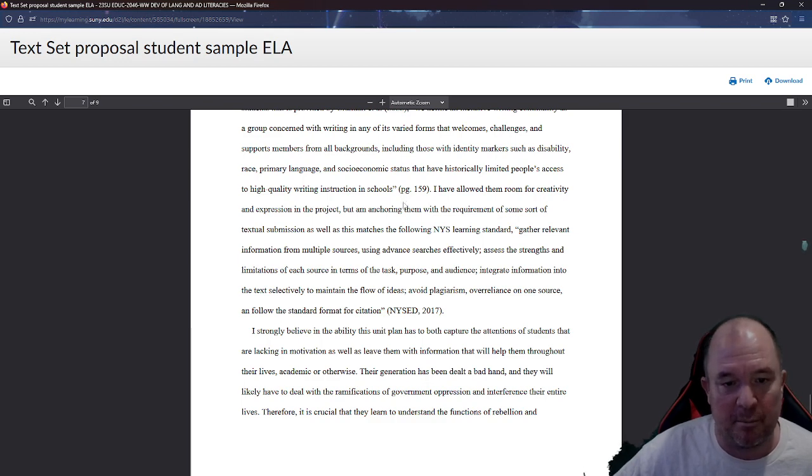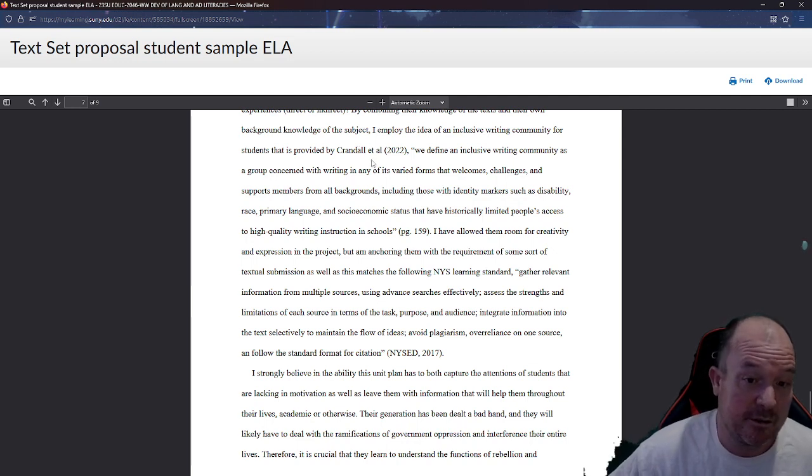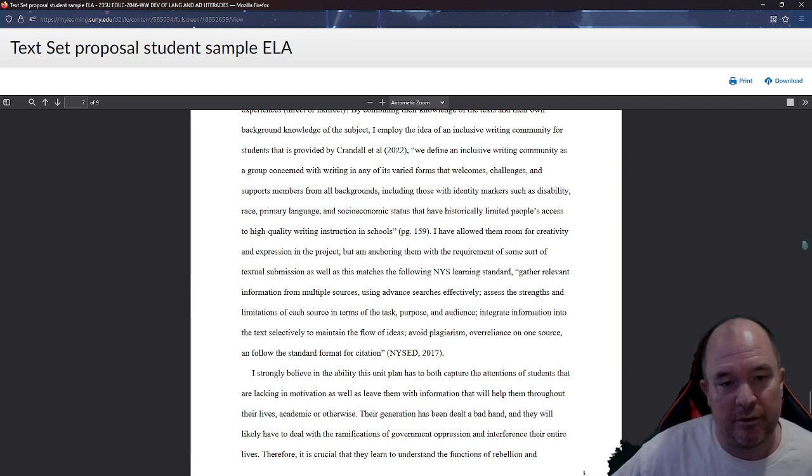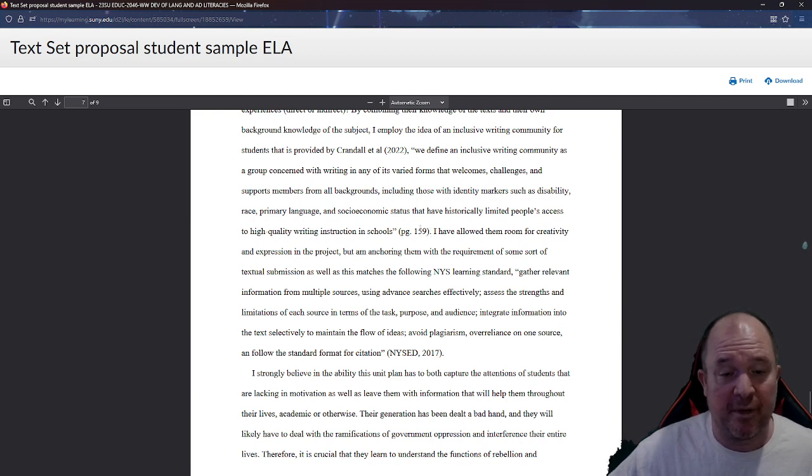It would just be P. 159. In APA, you do the year right after you reference the researchers, and then the page number, if it's a direct quote, goes at the end of the quote, which is fine, but it would be P. 159. And if Becca just ended up paraphrasing, she wouldn't even need the page number. You can just paraphrase this.